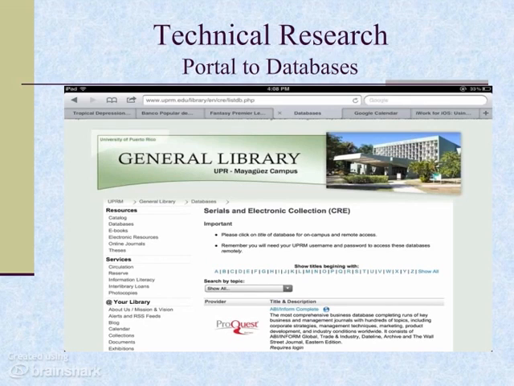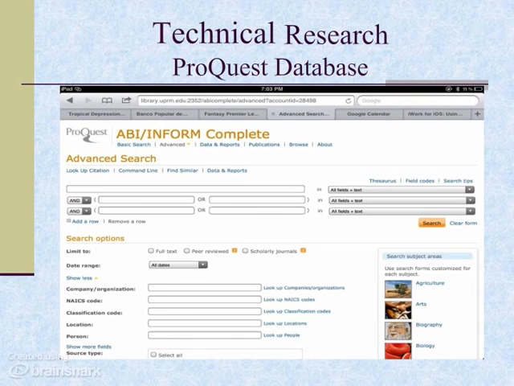This screen demonstrates the portal, or the homepage, to the many databases that the University of Puerto Rico at Mayagüez campus has for you to search. ProQuest, for example, is one of the most popular, and there are many different ProQuest databases for you to search, all depending upon your field of study. In this